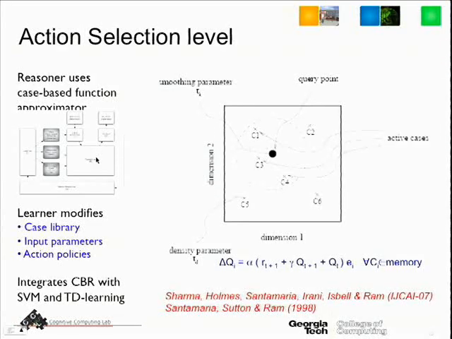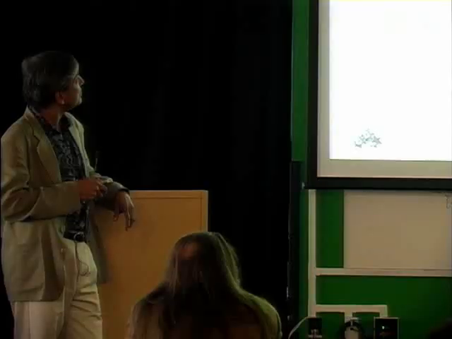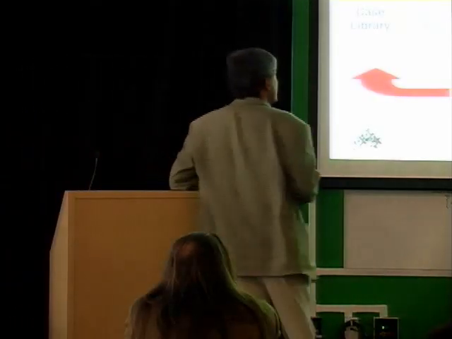The idea at the action selection level is we have this large state space that we've perceived in some manner. We're going to try to find actions in our past that were performed under these circumstances that did well for us by some metric. So here, in abstract terms, is the point we're at along some dimensional space. We're going to find a few nearest neighbors that are our past experiences, and from them try to decide what we want to do next. So this is the most statistical and machine learning style layer in the architecture. And this is how it works.